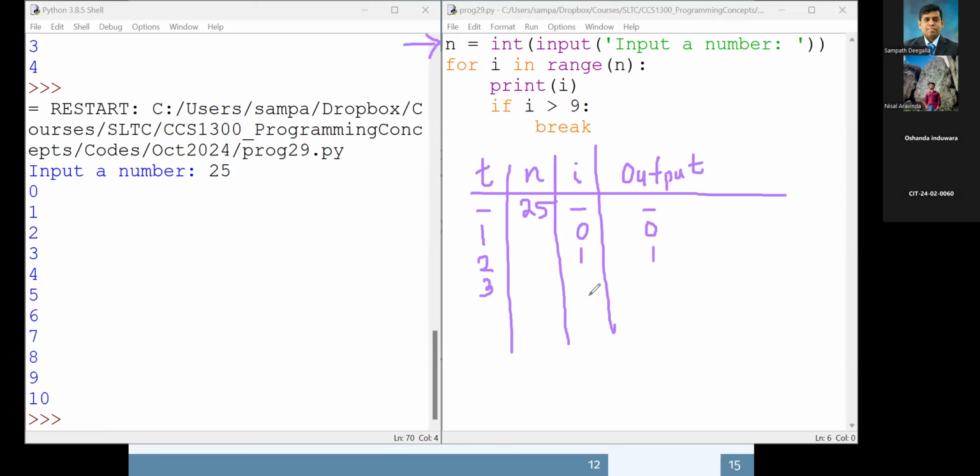Third round, I will be 2. Output will be 2. 2 is not greater than 9. Then fourth iteration, I will be 3. It will output 3. 3 is not greater than 9. So this will continue. Right? So when the loop repeats for the 10th time, I will be 9